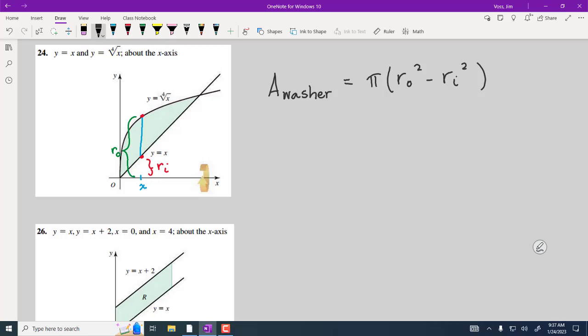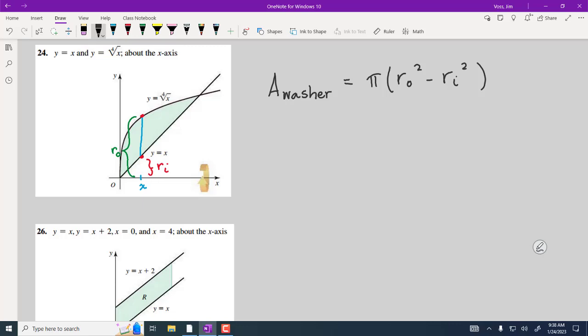dx. So vertical rectangle, thickness is dx. Horizontal rectangle, thickness is dy. So that tells us, that is our indicator for what the integral should look like. It should have a dx in it, which tells us the integrand should have only x's. Right? You can't integrate with respect to x something that has y's in it. You need x's. So that's just an extra indicator that we want our functions presented as y values, because a